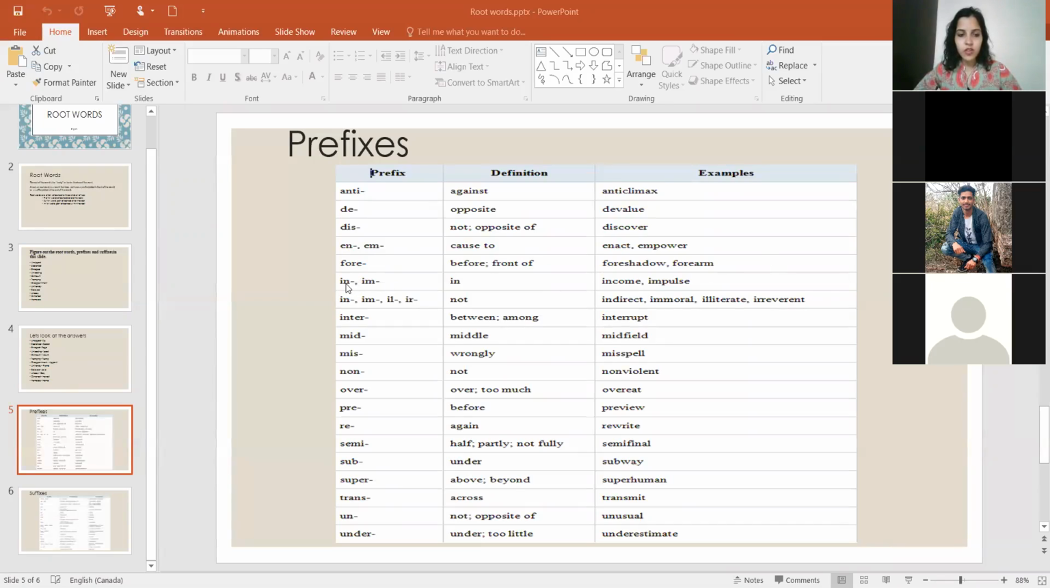So let's move on to the prefix in or im, right? The definition is usually that in also makes it the opposite of the word. Im also makes it the opposite of the word. So for in we have income and impulse. Impossible, imperfect, impact, imbalance, incomplete, improvement,